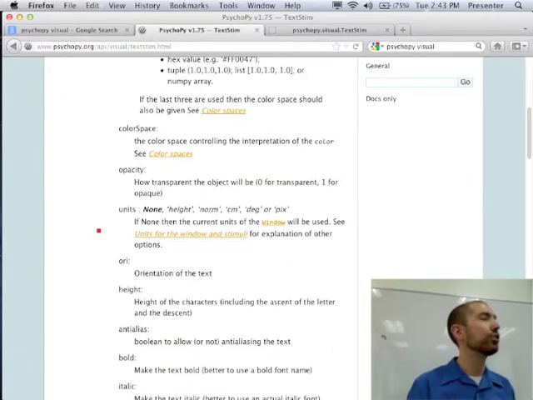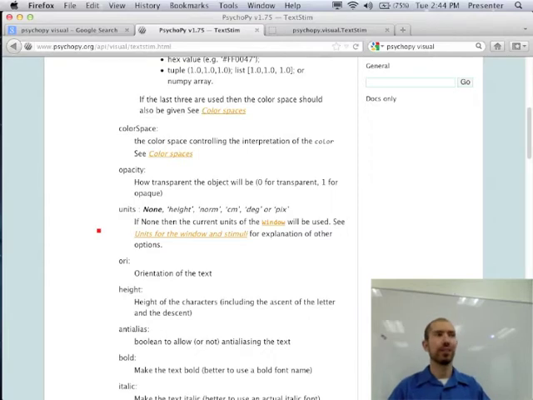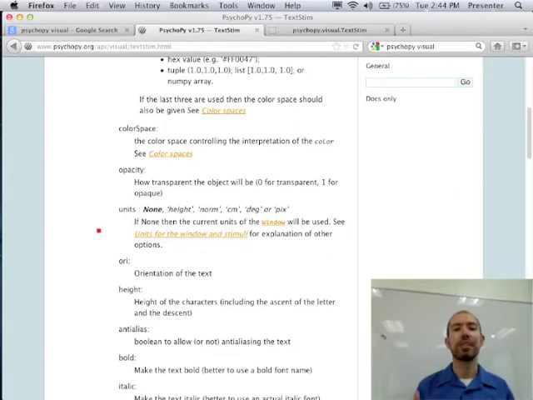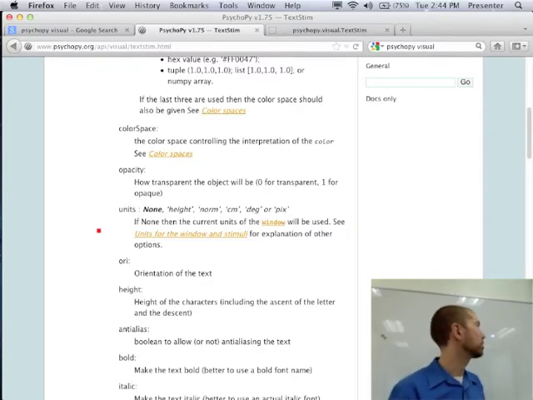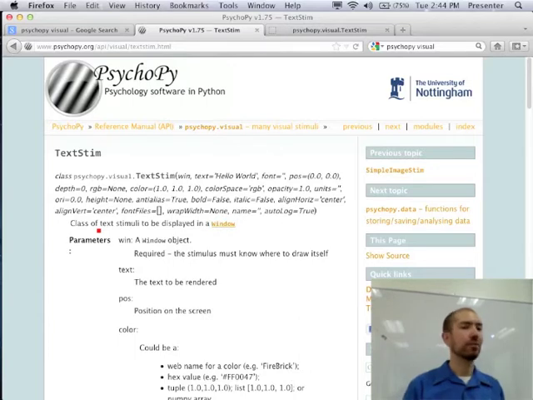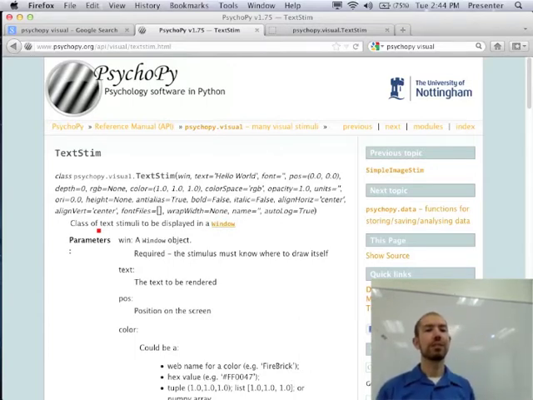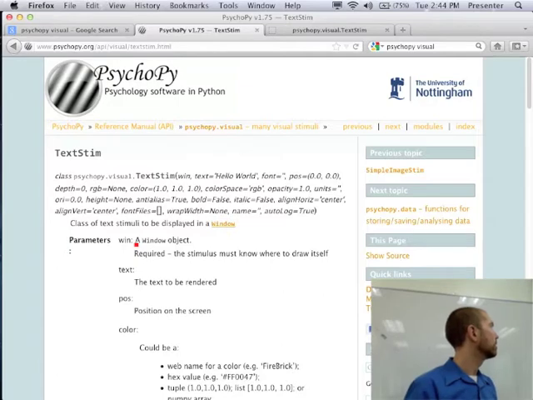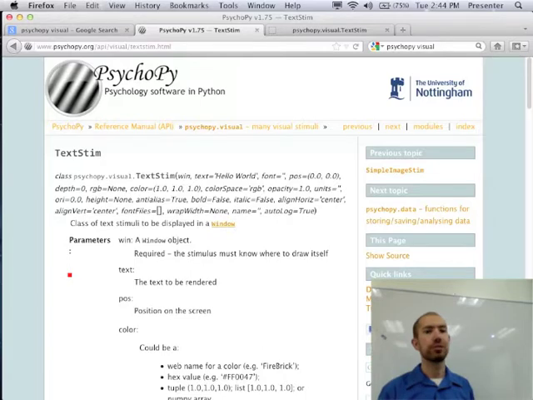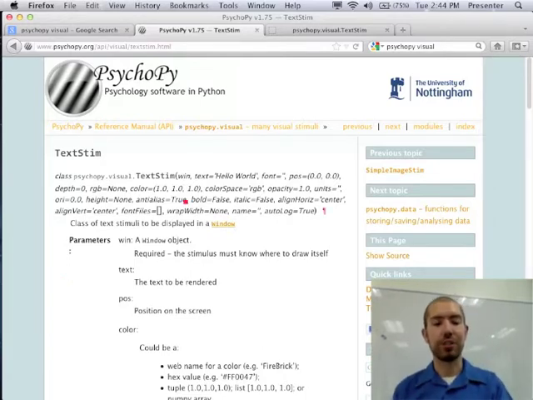So anyway, the point here is that when you get to the point where you're a little more independent with Python, when you're working on your projects or whatever, you're probably going to find yourself going onto the PsychoPy website and looking up the documentation for this stuff. Just know that there are a couple different methods of documentation available. They're both sometimes a little bit out of date, but usually mostly correct. So you might have to play around a little bit with the various attributes. But the basic idea is you go here to find out, for a text stim object, what attributes it has, how you can set them, what units it uses, and so forth. Okay, so that's just to let you know about the website.